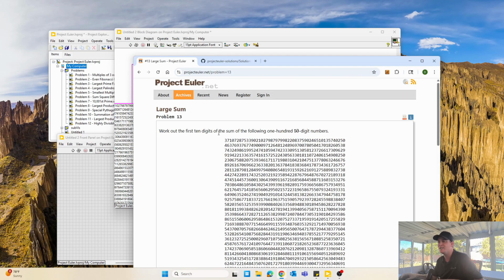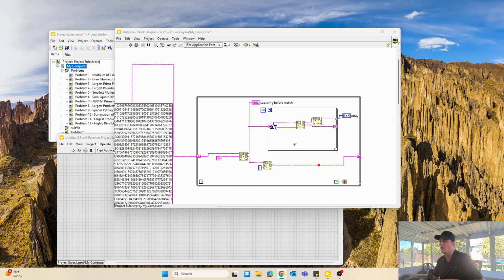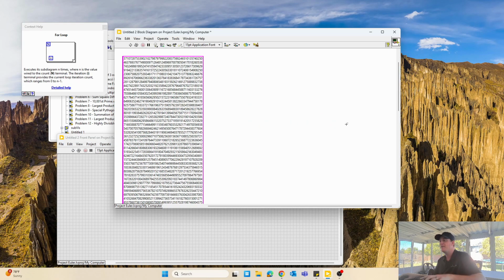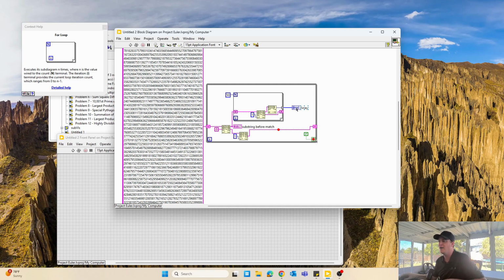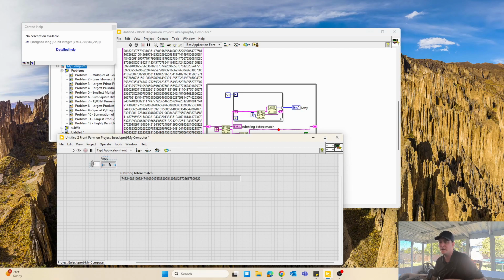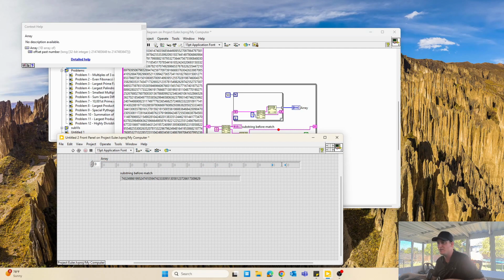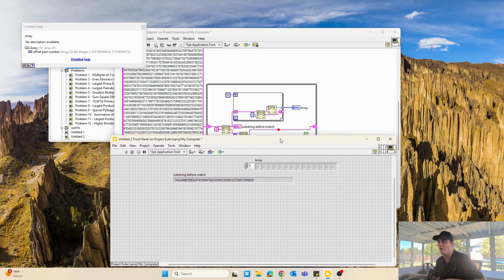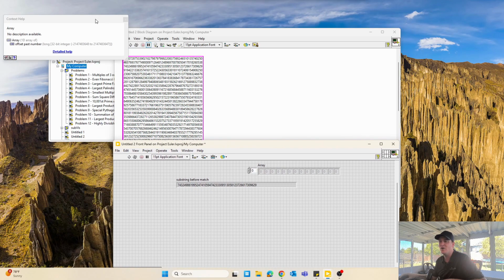Work out the first 10 digits of the sum of the following 100. Yeah, so there's 150-digit numbers. So I need to go through all 50 digits and create, I want to end up creating this 2D array. So what I'm going to do here is pull this across, make these a little bit smaller. And what I should have are all the digits in their own cells of the first number, because I think